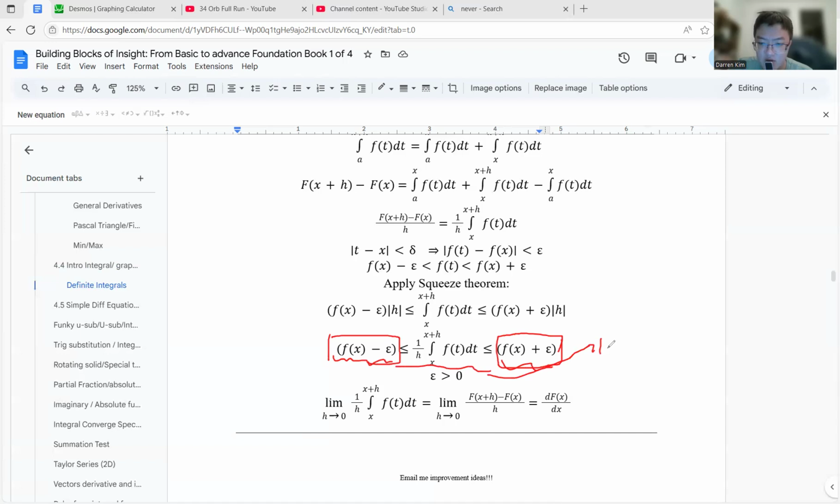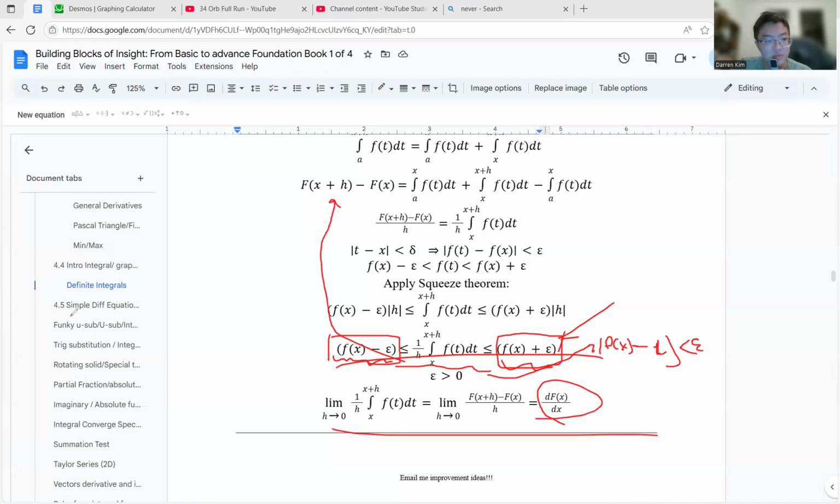This over here is basically the formal definition of a limit. It is clearly the formal definition of a limit. You're squeezing it, and you have a formal definition of a limit here. Oh God, that's the derivative. That's the derivative, and then we just see that that's basically what happened. So that's why this is true.